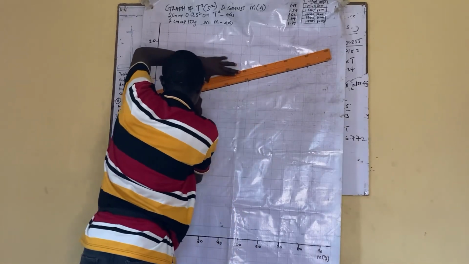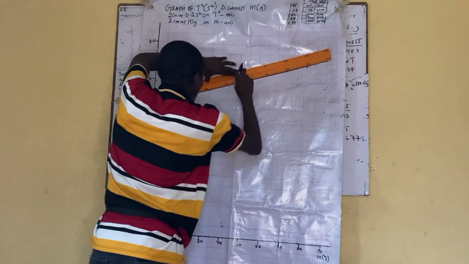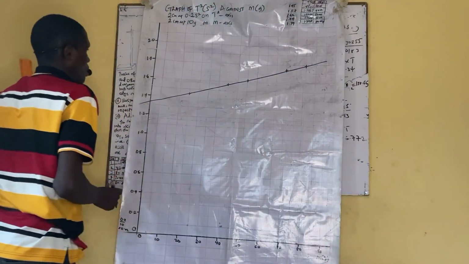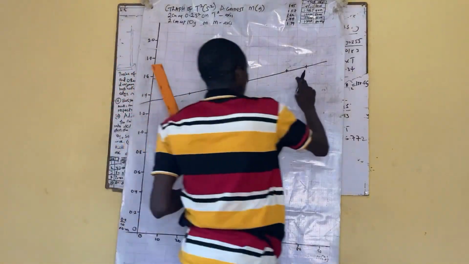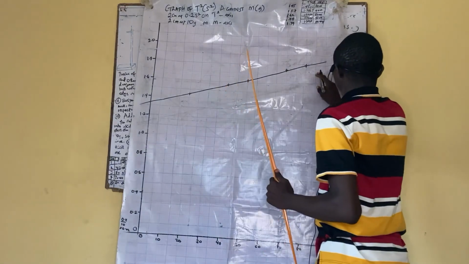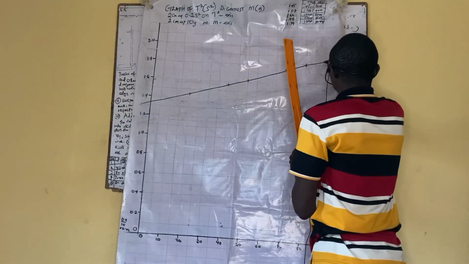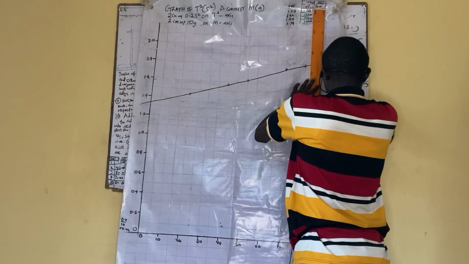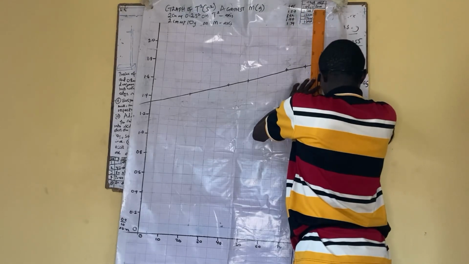That shows that our point is reliable. That's one of the advantages of using the manipulation method. So we use this point here to choose my